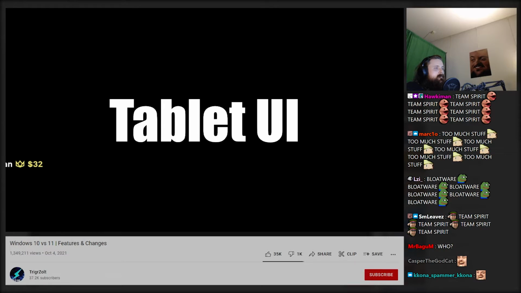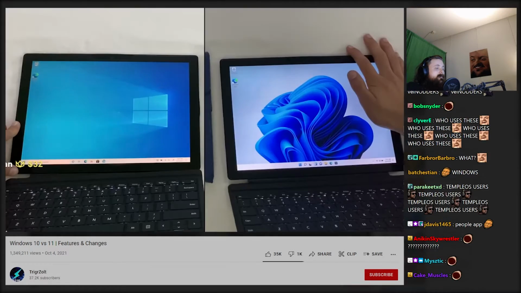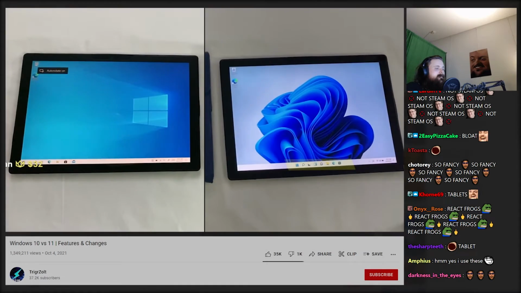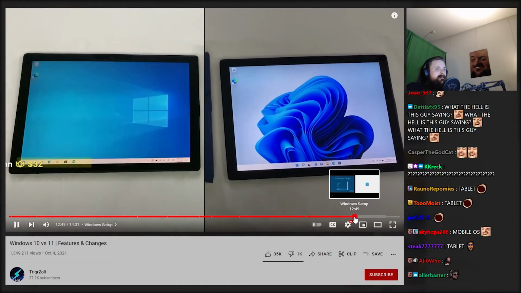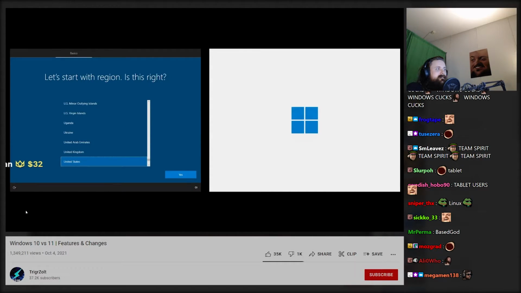Now let's change perspective and move on to some tablet features. When you turn a device into a tablet in Windows 11, icons in the taskbar would just be spaced out. However, Windows 10 has two options. You can either